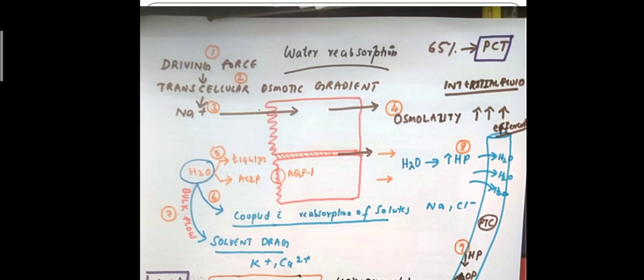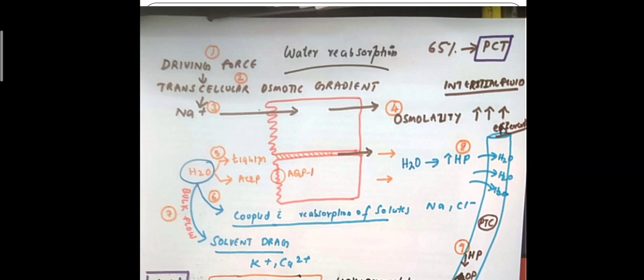Water can be transported through the tight junctions and also through aquaporin 1 on the apical membrane, coupled with reabsorption of solute sodium chloride and bulk flow, that is by means of solvent drag along with potassium and calcium. Ultimately the interstitial fluid has a high hydrostatic pressure that also favors water reabsorption to